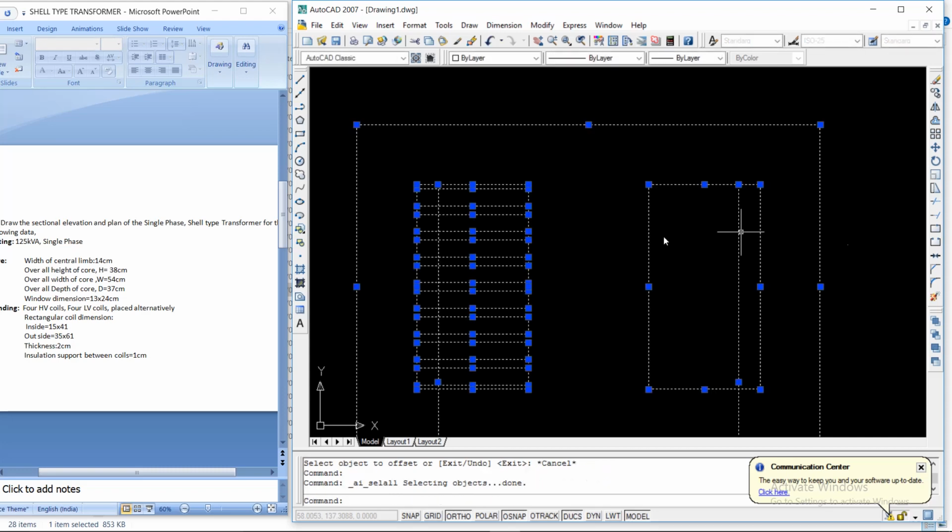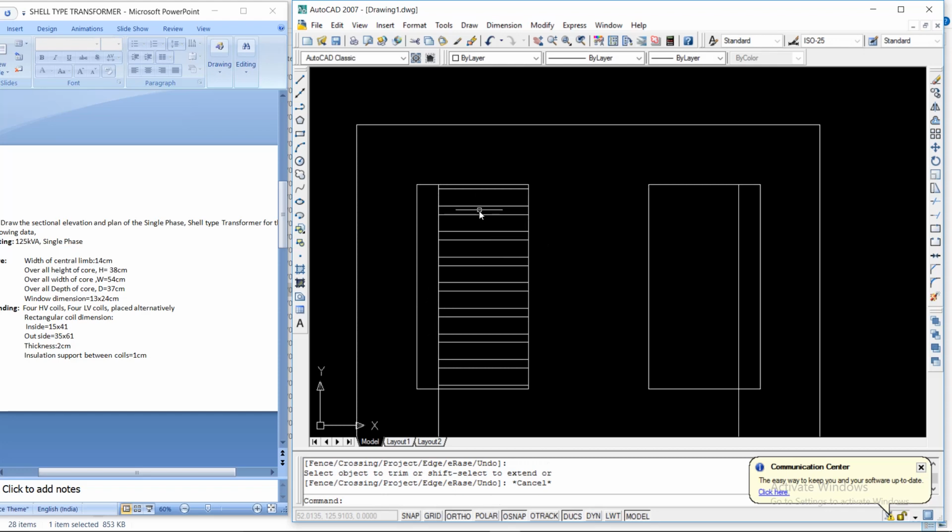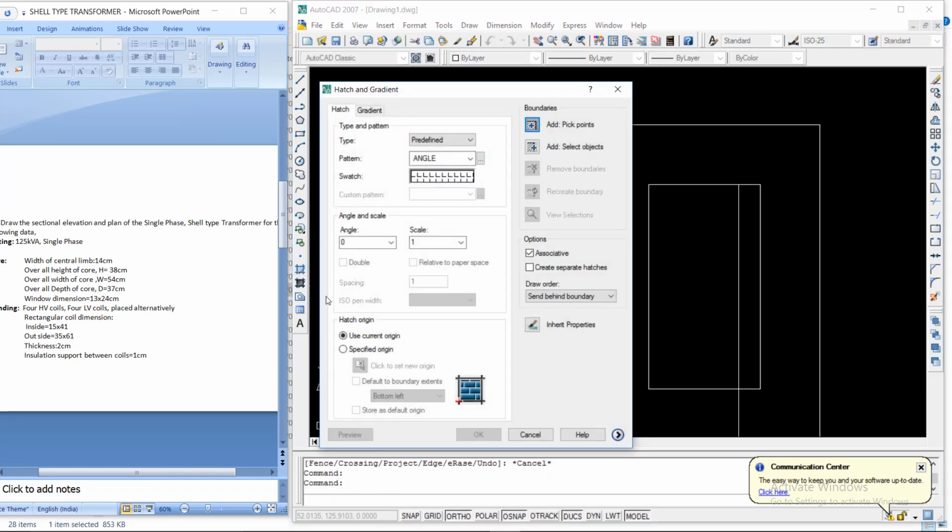Now Control A, trim this portion. Now you have to differentiate the LV coil and HV coil by using different hatching. For this you have to select the hatching option.